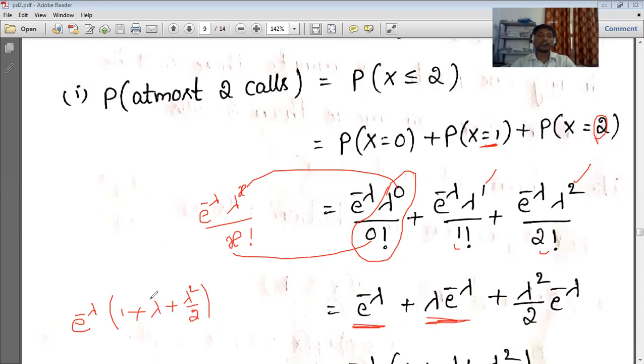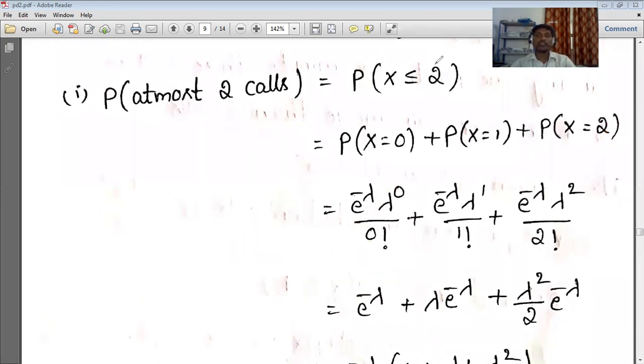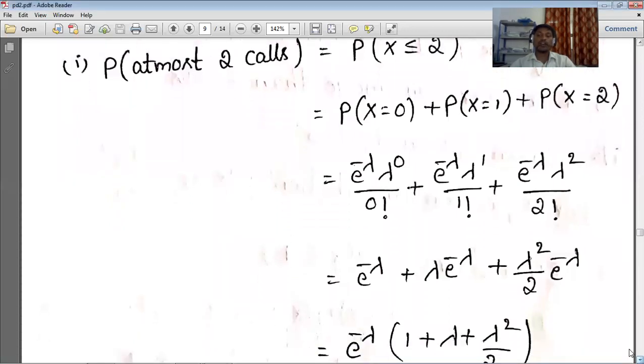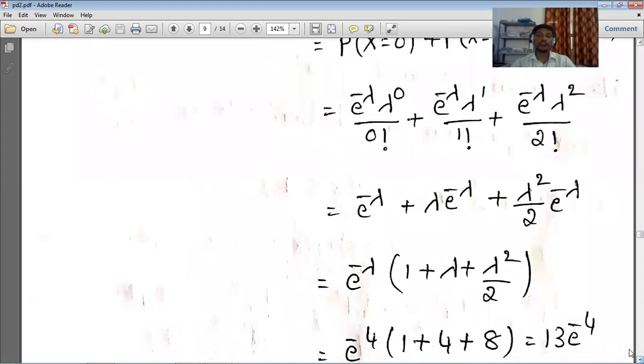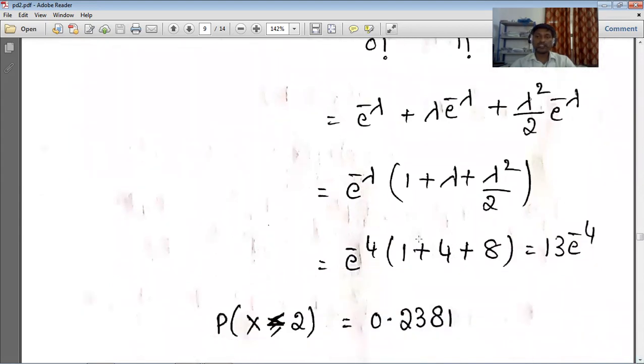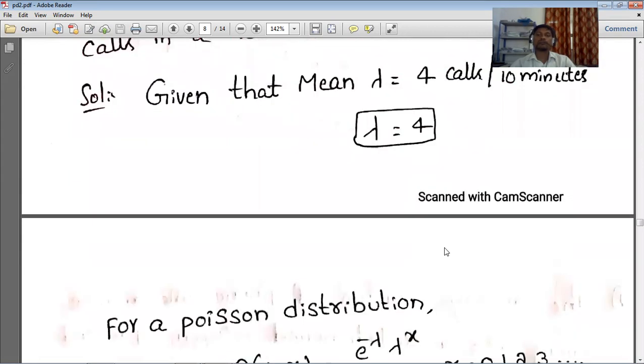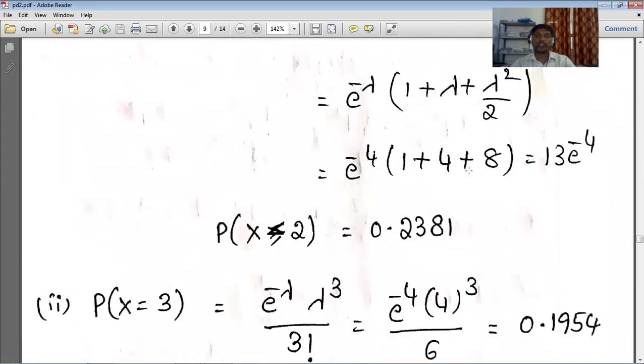So in place of lambda, already they gave in that. So what value of lambda did they give? I think 1.8. So wherever you have lambda, you can substitute and simplify in that. The only important thing is understanding the question, what they asked, and identifying which one we need to calculate. So here, lambda is equal to how much? 4. Sorry, 4 they gave. So for that we substituted in place of lambda: 1 plus 4 plus 4 square by 2. So 16 by 2, here we got it as 8. So that is 13 into e power minus 4. We got it as